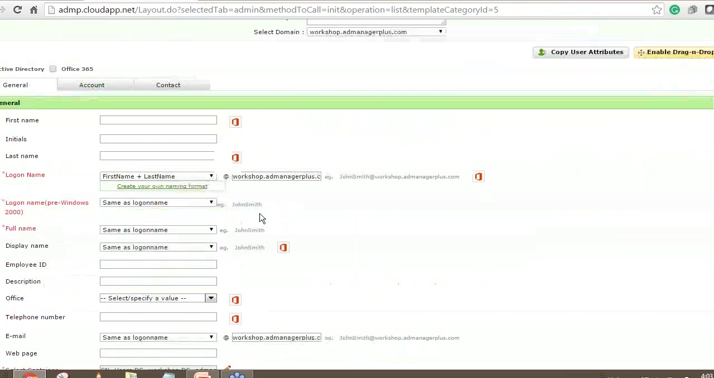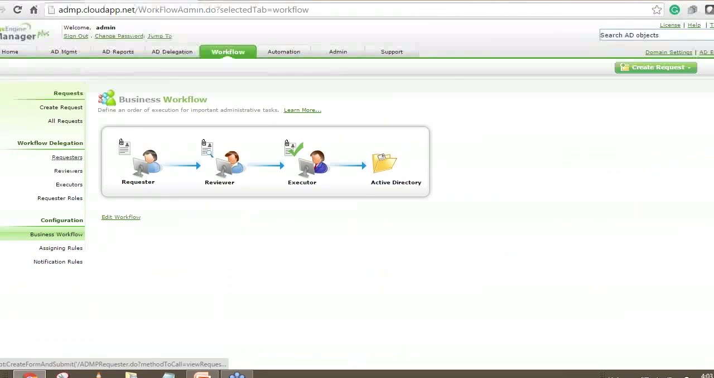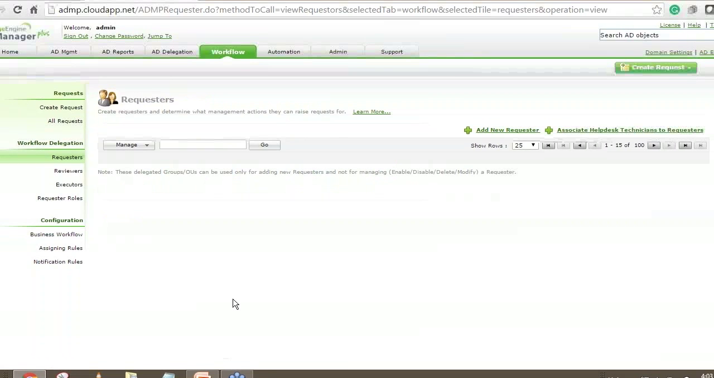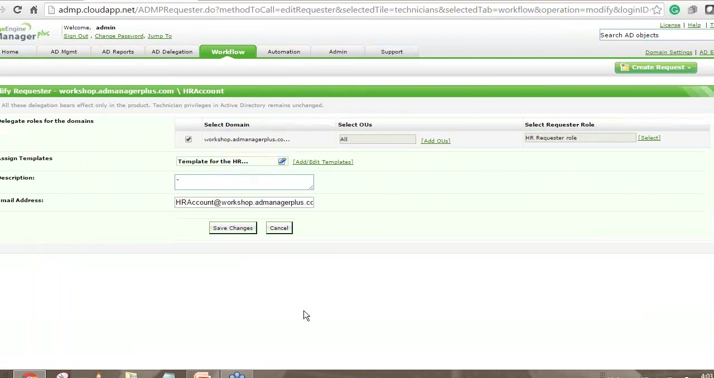And how do you map a template for the HR? So you go to the workflow section, you edit the requester that we added. So you click on requesters and you have a look at the requesters right here. Now we are talking about the HR account. So we edit the account, and we need to make sure that the HR has access only to the template that we delegate. So if you click on add edit templates,